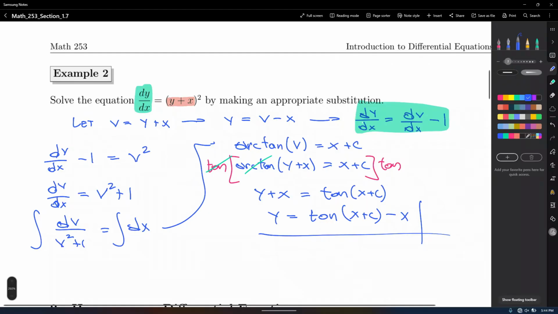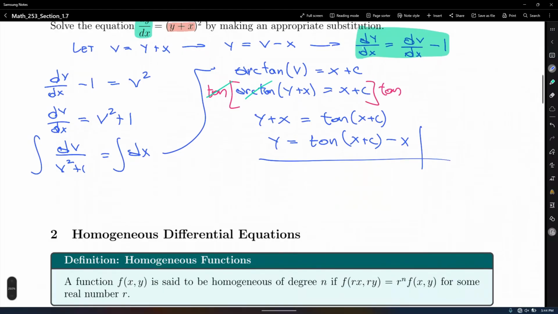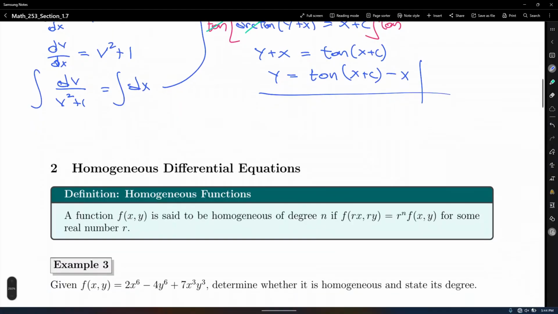So, those are a couple of examples of cases where a substitution is provided for us, or in some cases we have to come up with the appropriate substitution. Now, there is a very special case of a substitution for a very special type of equation called a homogeneous differential equation. However, before getting into solving homogeneous differential equations, we need to discuss what a homogeneous